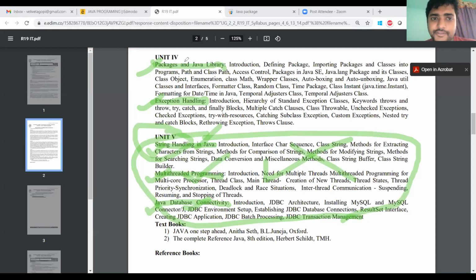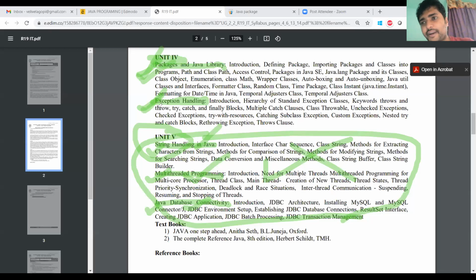This fourth unit is also very, very important: packages and exception handling. In real time, if you get any project, you have to create your own package. In that package, you will create some interfaces, some methods, and some classes.